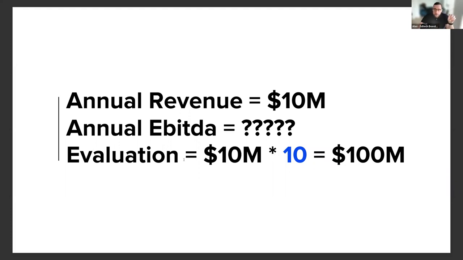It means at the end of the story, if you want to sell your startup, which is in the US market with a scalable technological product, the evaluation is going to be 10 million multiplied by 5 or 10. It can be from 5 to 10. So the evaluation at the end is going to be 100 million.